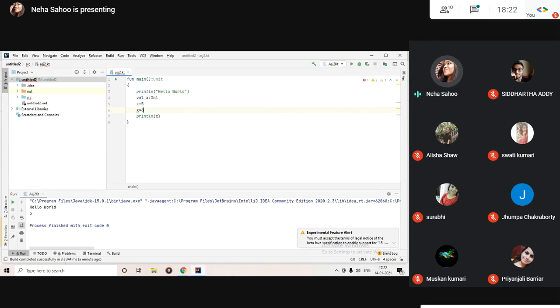Try to change it, it will throw an error. Why? Because it's a constant. We can't change it, so we won't attempt to change it. We'll just leave it. So this was all about variables in Kotlin, and values as well.